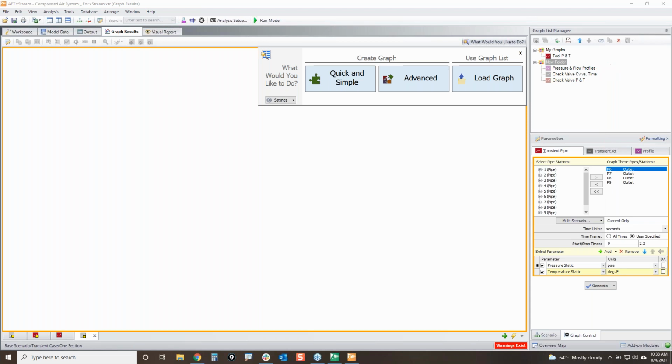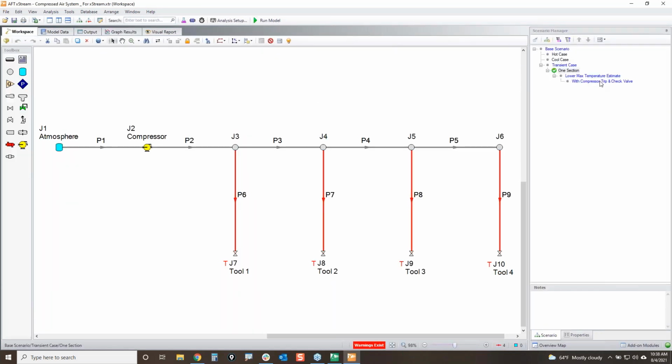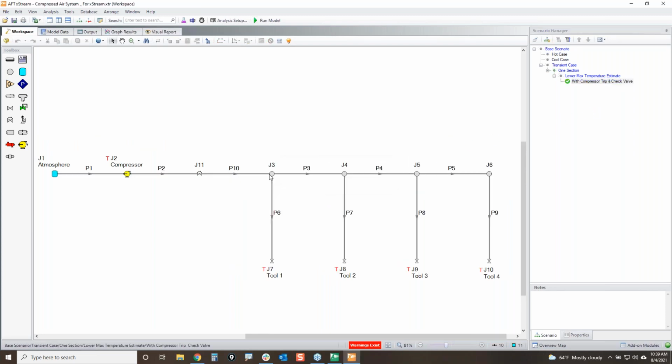Actually, I do need the next scenario for this. So let me load that scenario here. I thought I loaded it. There we go. Okay, so all of the valves here are still closing in the same way that they closed